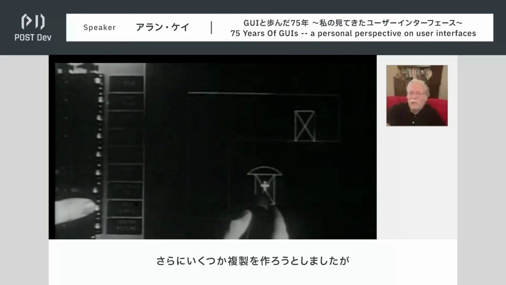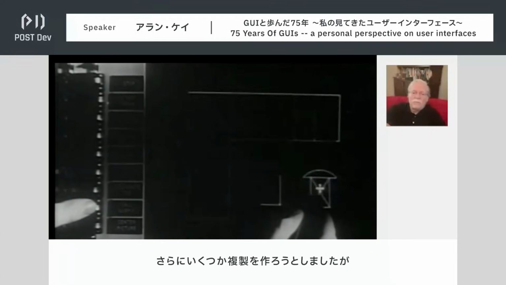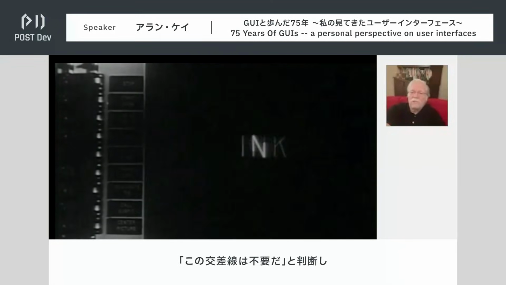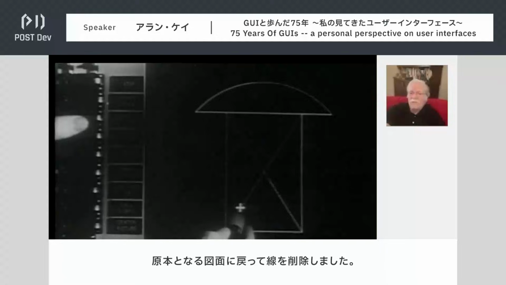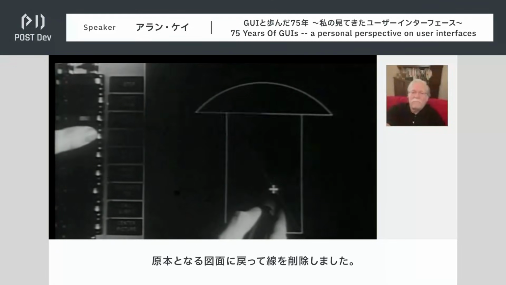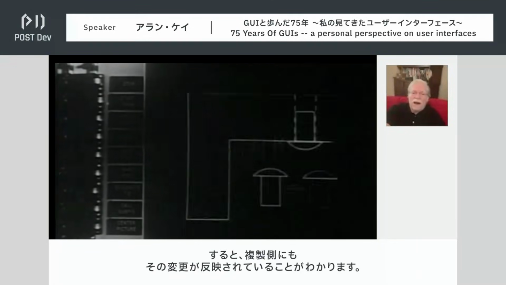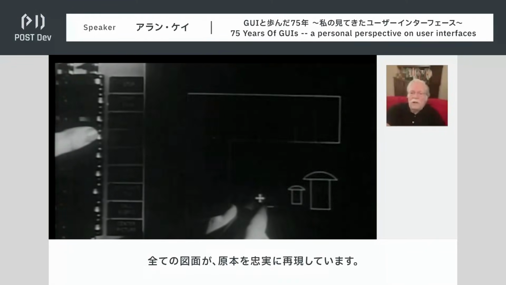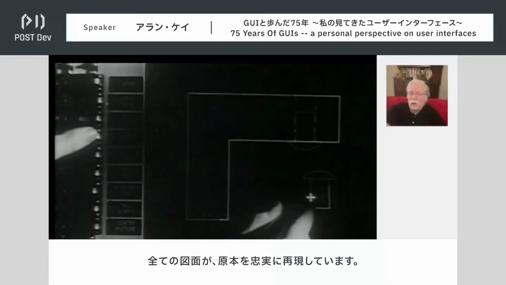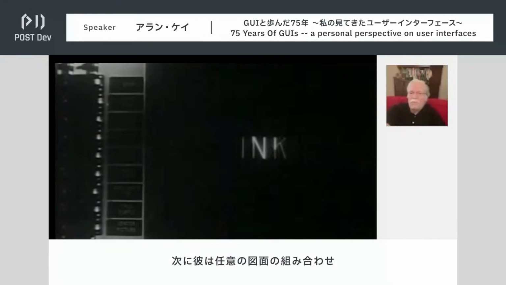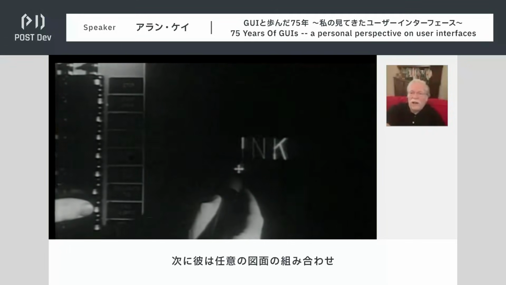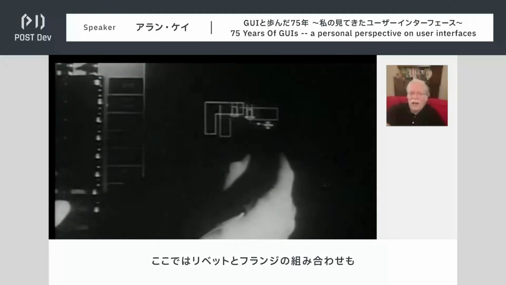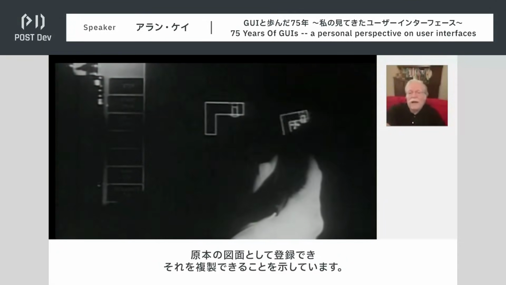Now he's going to get some more instances. And he says, whoops, I don't like those cross lines. So he goes to the master drawing and gets rid of them. And we see now that the instances have felt that. So they're all imitating the master as they're supposed to. And now he's showing us that any combination of drawings, he's got a combination of a rivet and a flange, can also be made into a master.